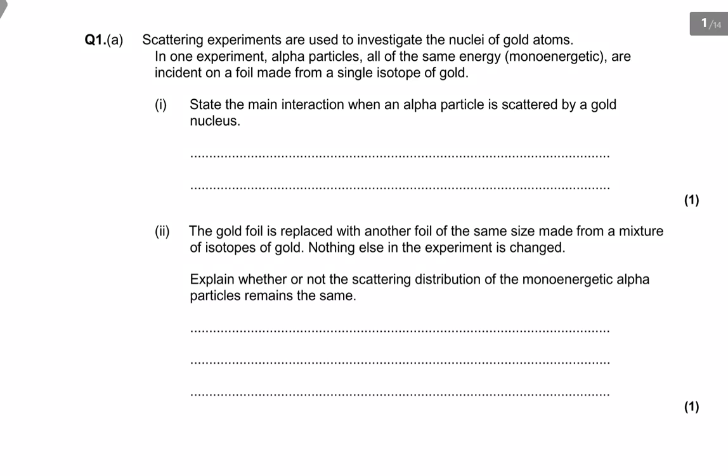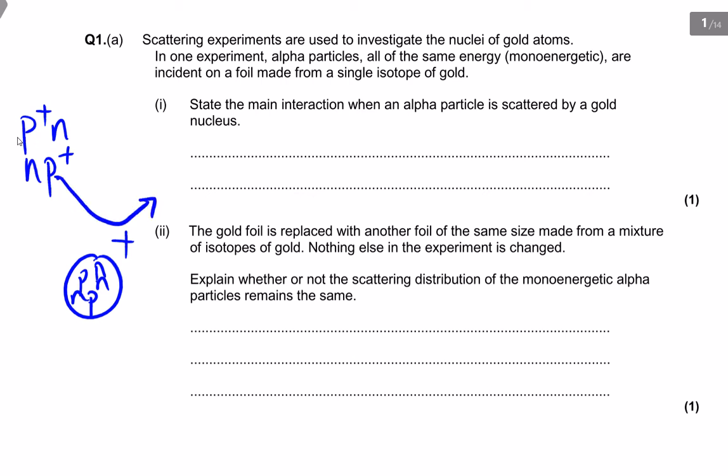Okay, question 1a, part 1. State the main interaction when an alpha particle is scattered by a gold nucleus. Here, the main force causing this interaction from our alpha particle, which is a collection of protons and neutrons, and our gold nucleus, which again is a collection of protons and neutrons. The net charge of both of those is positive, so therefore we're getting